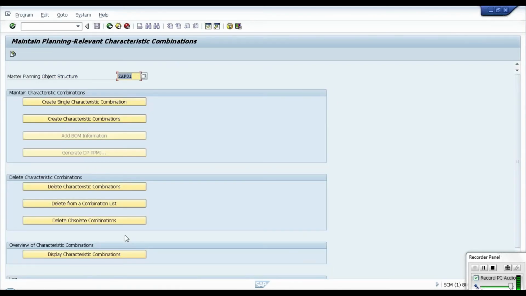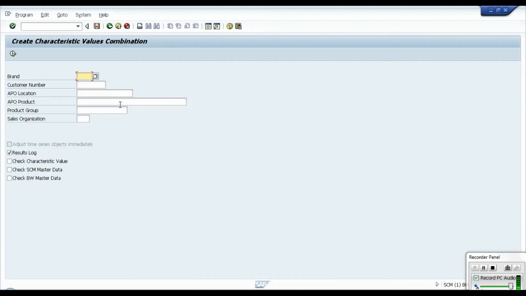Here we have different options to create a characteristic value combination. Whatever the characteristic values are, we give them as a combination. It means product A belongs to location A and sales organization A, and we are selling to customer A. Like that, we have to give this combination of records. That we can call a CVC, characteristic value combination.